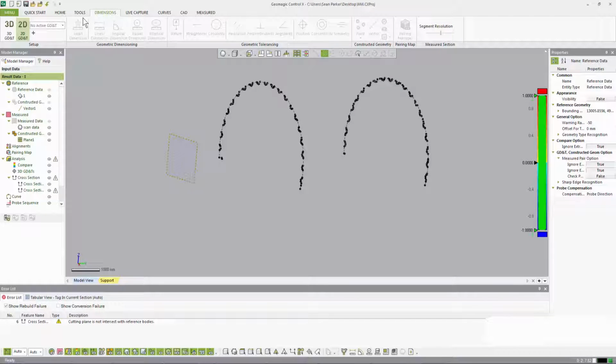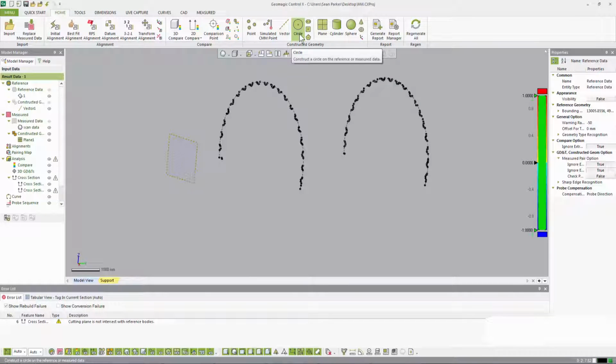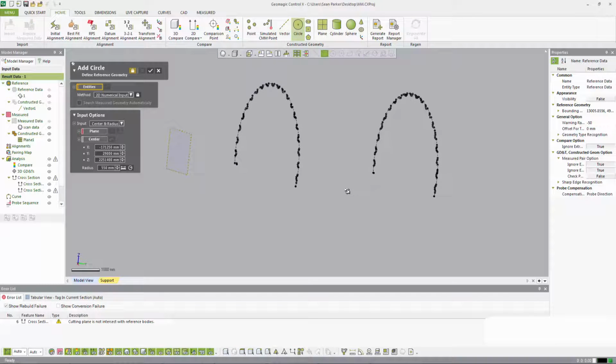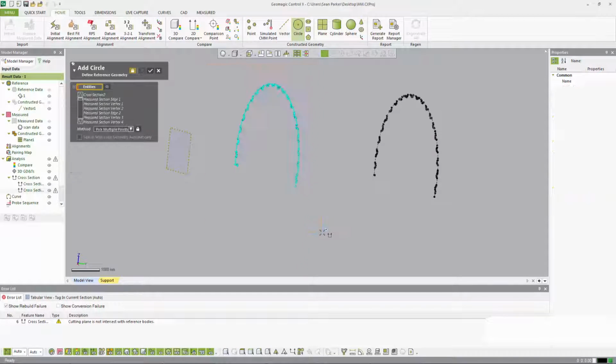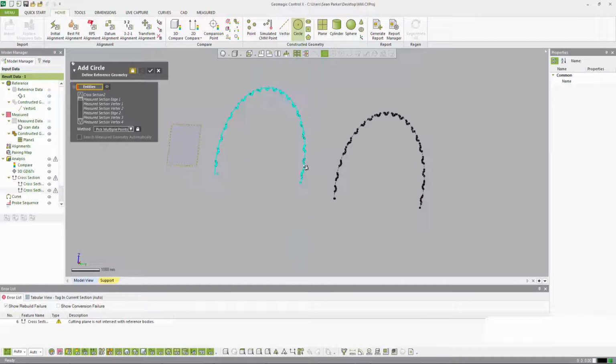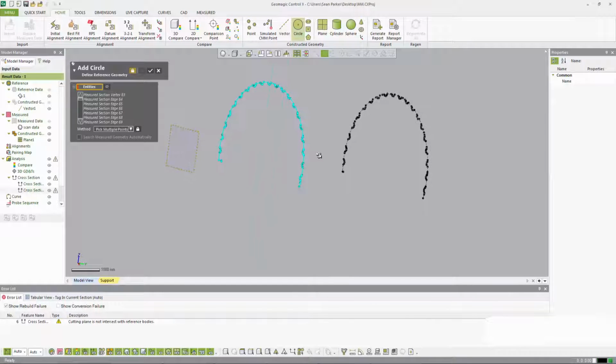What I'm going to do is go into my Home tab and create a construction circle. And for this construction circle, I'm going to make a selection on all of this data here. Now I've got a small problem, and hopefully in a hotfix we can fix this, but right now, besides all these vertices and edges that I've got as my selection, I've also got the entire cross-section itself selected, and I don't know how to change that, but I need to delete this guy here, and when I do that,